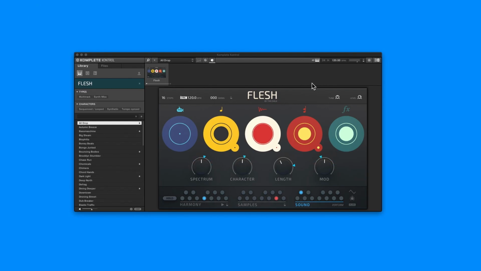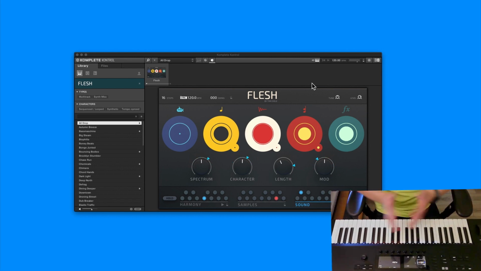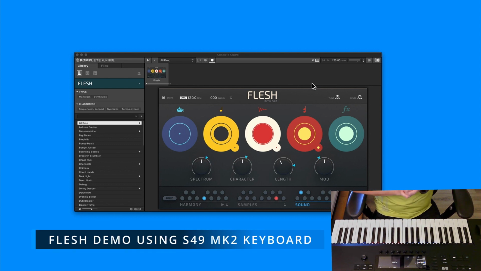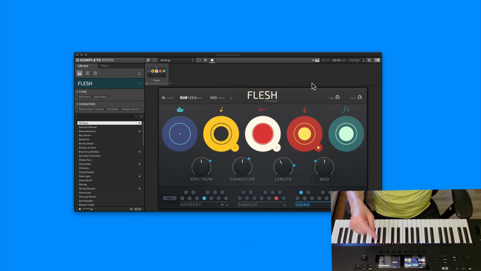So this is in Komplete Kontrol, and I'm using, as you can see, my S49 keyboard for this. So there is 71 presets. There's an init file, and 70 presets, and this is the first one. It's called All Drop, and then it is a mixture of,